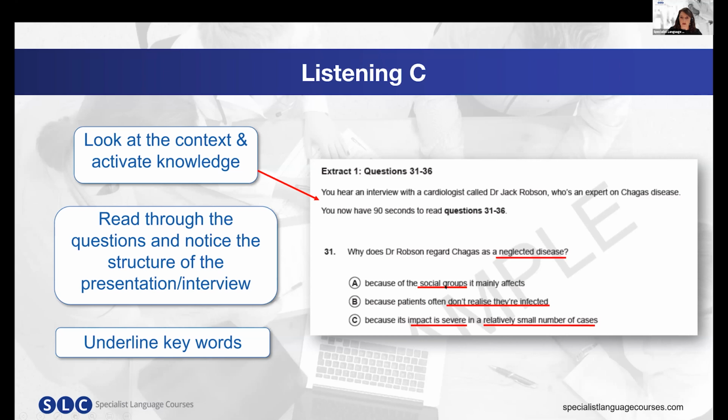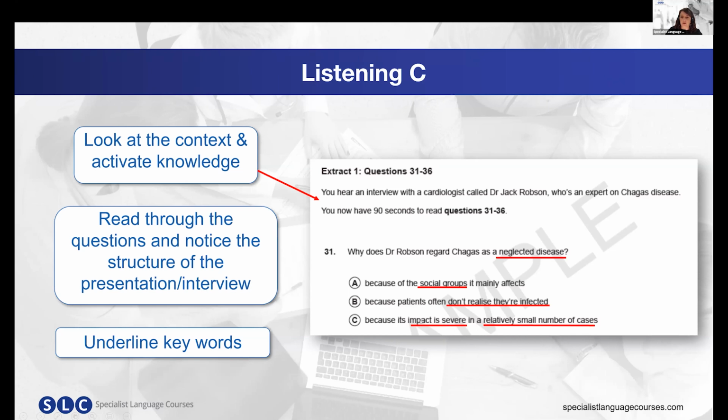If we look at A, we're looking for the social group. So we're listening for information about which groups of people could be affected, so perhaps from a particular area or a particular social background. For B, we're looking from a perspective of patients, that they don't realize that they're infected. Perhaps they haven't noticed. And C, we're looking at the impact of Chagas disease, that it's severe in a small